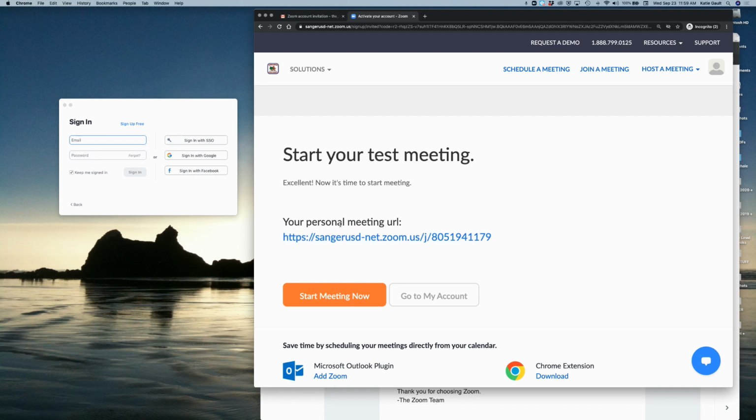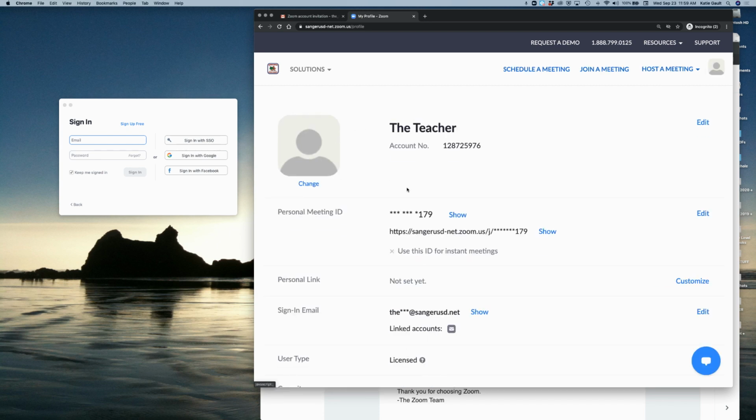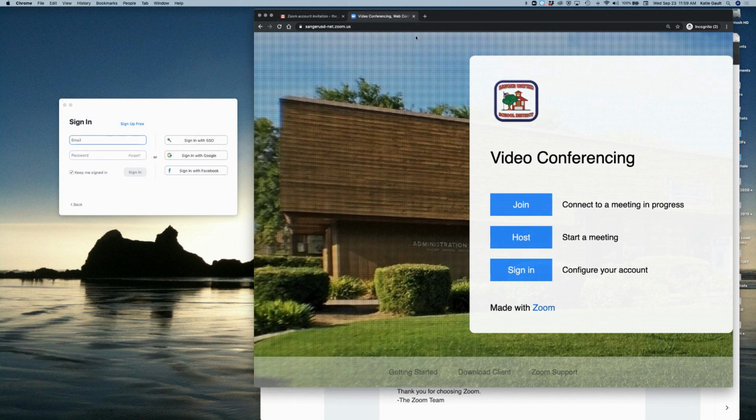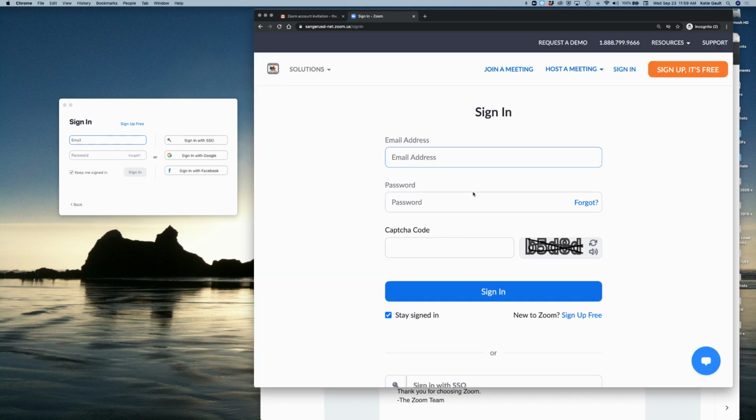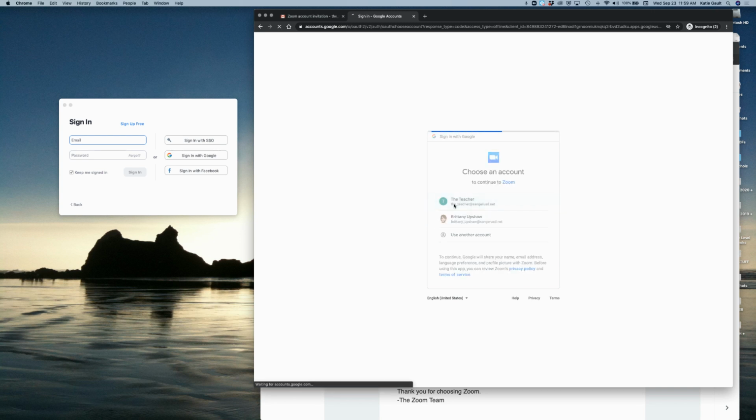Okay, I now have my personal URL. I can go to my account and there it is. I can change the picture. As long as you see this Sanger USD and up here you see licensed, you're good to go. Now I'm going to sign out and show what it looks like. This is our personalized Sanger Unified homepage within Zoom. So you can sign in. Now I can sign in with Google, use the teacher,